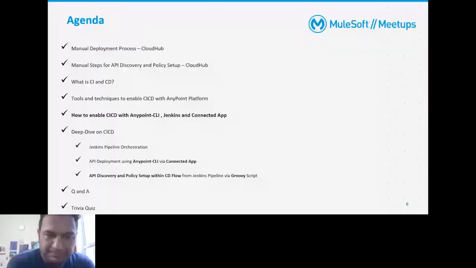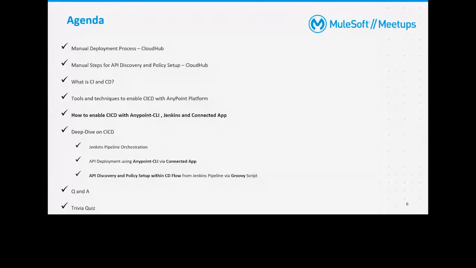Yes. So for today's agenda items, first, I see we have a mix of audience. People are new to MuleSoft, as well as people who are expert and moderate. So what we will do is,